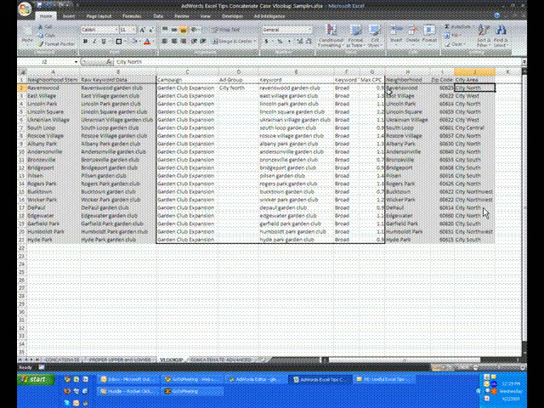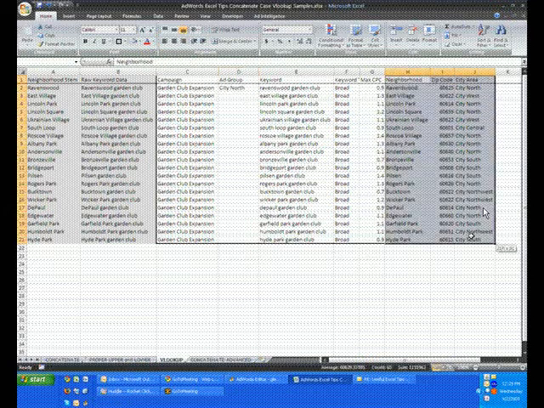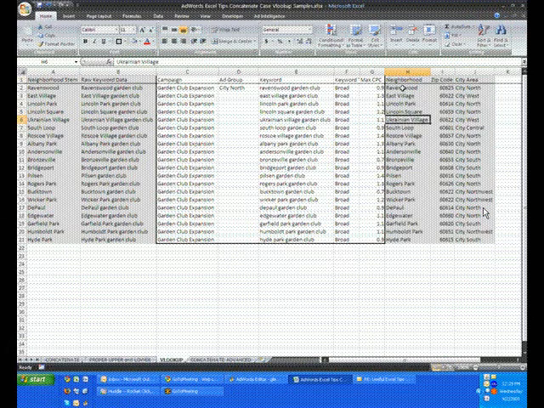I realized that I actually had just created these and sorted them the exact same way, but let's pretend that it's not a one-to-one ratio and that you have 10,000 different neighborhoods here going into just a few city areas over here, and that they're not already sorted the same way. What you can do is take Ravenswood and look it up in this table and say, wherever Ravenswood shows here, find it, and then give me the city area two columns over. So